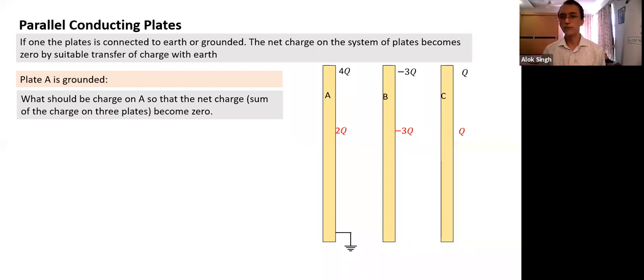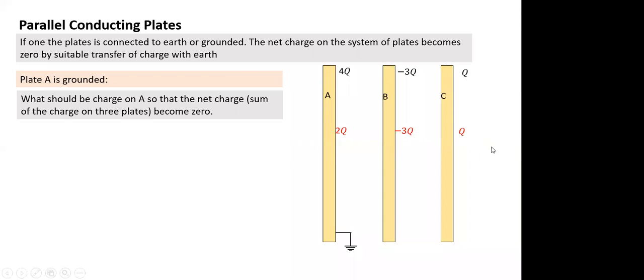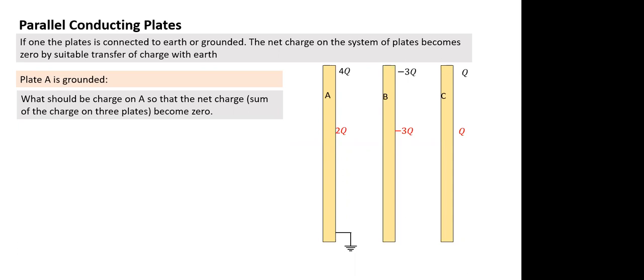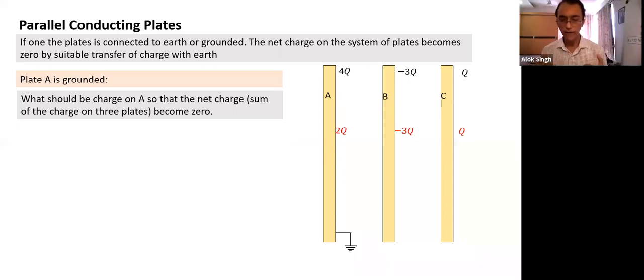So how does it minimize the total energy? It minimizes the total energy by making the energy outside the plate region 0. There's no energy in the space outside. How do we maintain no energy outside? No field outside. How do we have no field outside? The net charge of the system becomes 0. So basically, how does any process naturally move? Naturally, processes move so as to minimize their potential energy. If you have a bowl and you leave an object, where does the object settle? It settles at the lowest potential energy state.